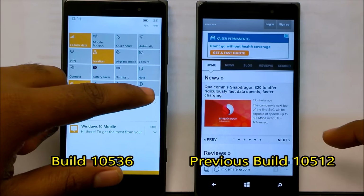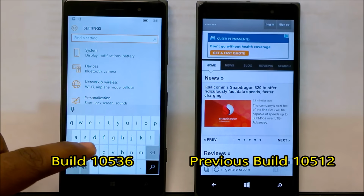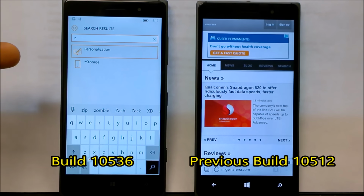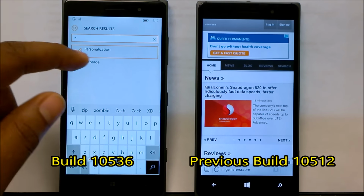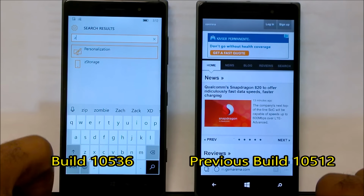Also, before we keep testing, there is an issue where you can see storage. This app actually crashes the Settings page, so that is an issue Microsoft is aware of, and they did list it in the list of known issues. Then moving on,